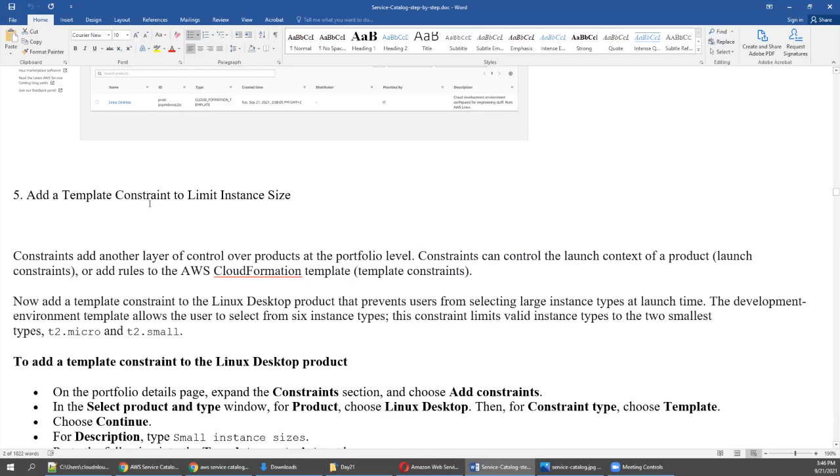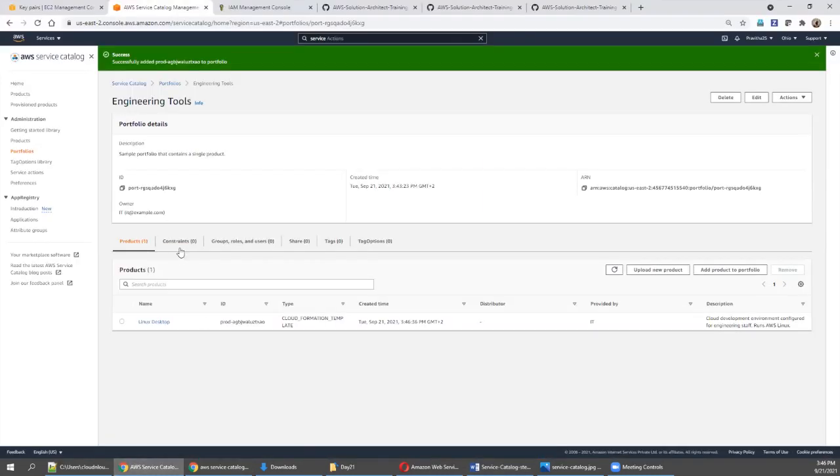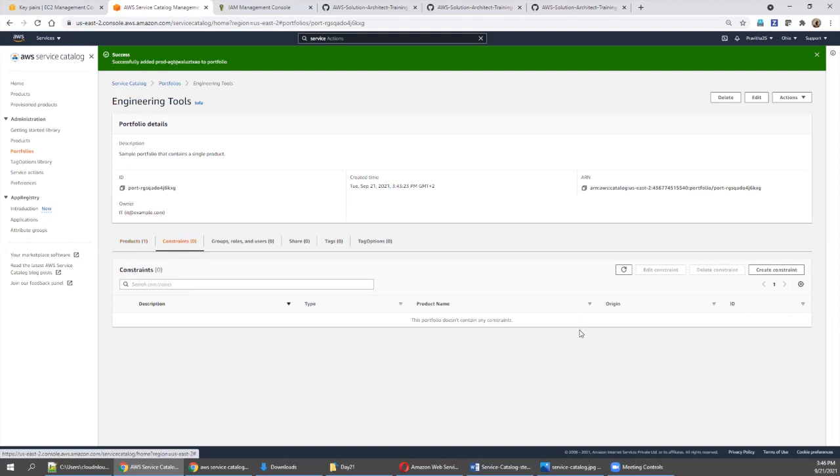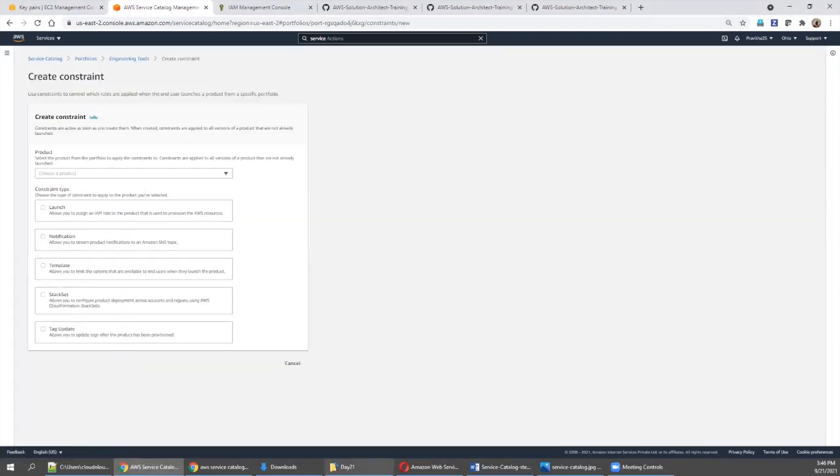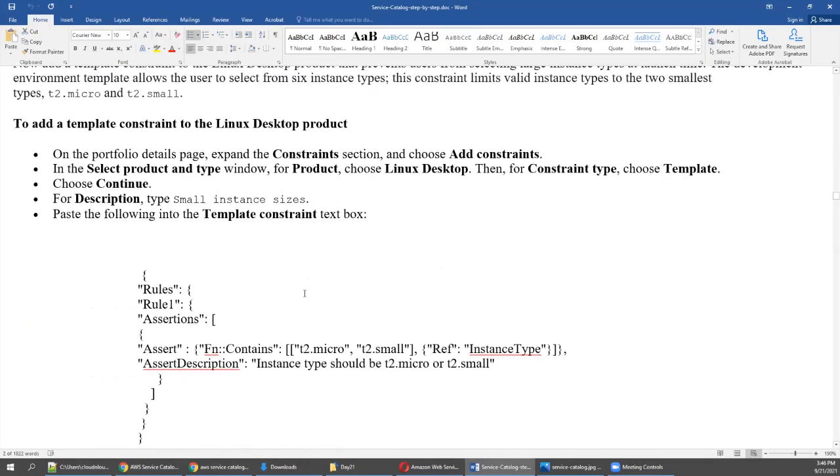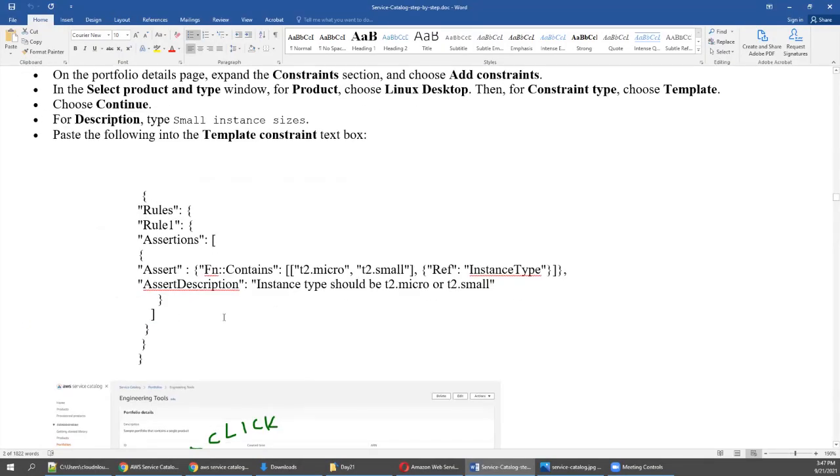So now we need to attach the constraints. What are all the constraints? Go to constraints, then go to create constraint. First, we will go with this constraint: they should use only T2 micro and T2 small. They should not go with any other instance type.